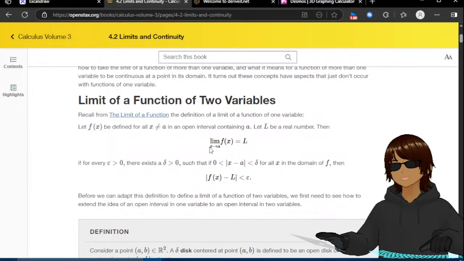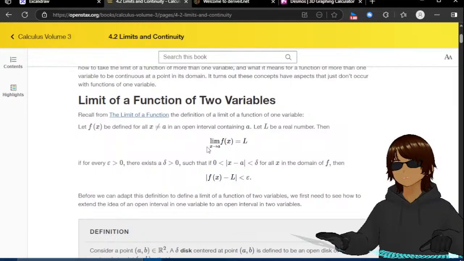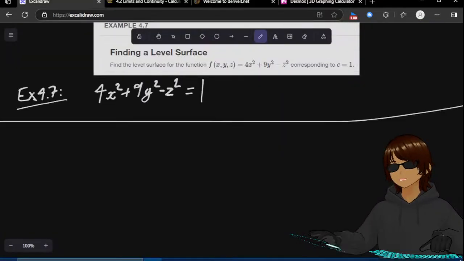Then the limit as x approaches a of f of x is equal to L if for every epsilon more than 0 there exists a delta more than 0 such that if the absolute value of x minus a is less than delta for all x in the domain of f, then the absolute value of f of x minus L is less than epsilon. Before we can adapt this definition to define a limit of a function of two variables, we need to first see how to extend the idea of an open interval in one variable to an open interval in two variables. And before I do that,